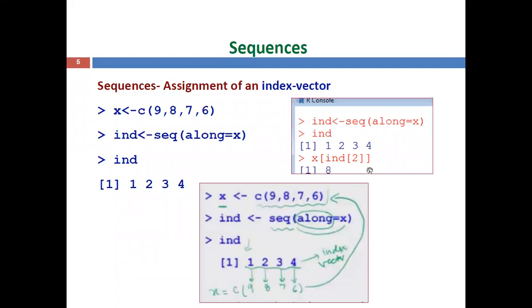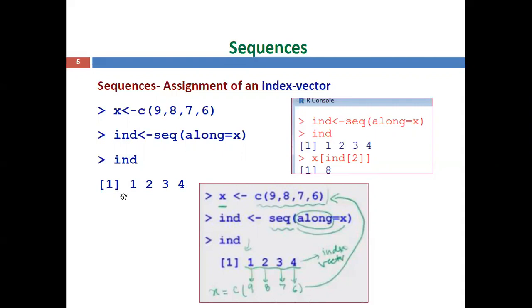Then, based on the position of the index, you can find the vector value by calling the variable name with square brackets, and within the square brackets the index value ind. Here we have 4 values, 1, 2, 3, 4.